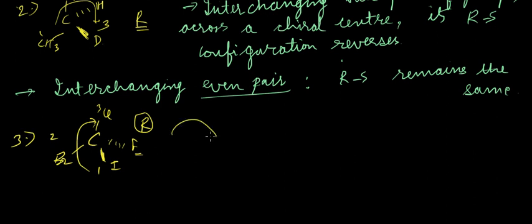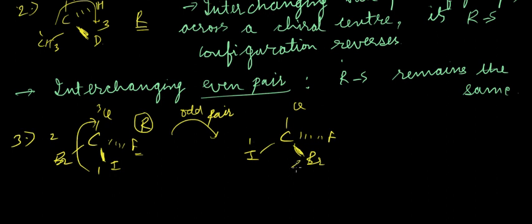Okay, now if we change an odd pair, let's say we change, still F remains in the dash only. If we change I and supposedly Br is in the wedge now, so if we calculate the priority, it would be 1, 2 and 3, hence it is S. Okay,